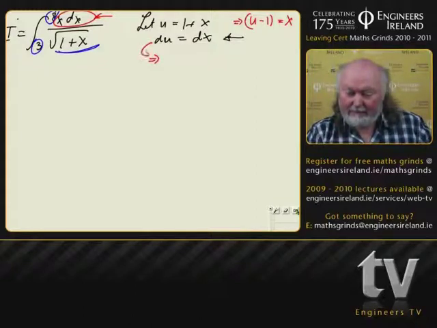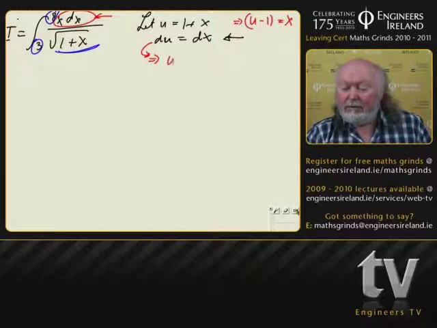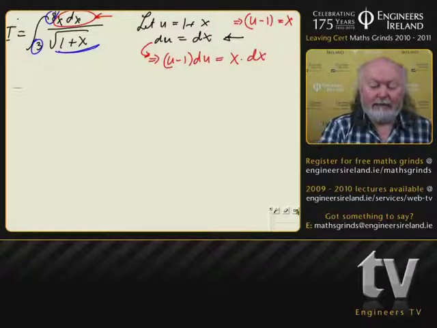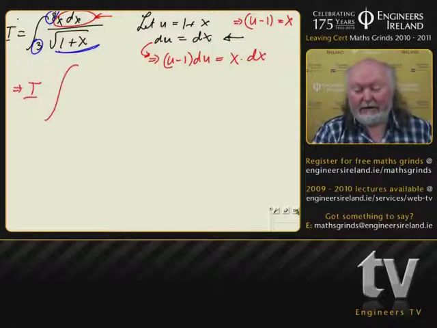So now I can say that implies from this line here, if du is equal to dx, I can say u minus 1 du is equal to, and u minus 1 we know is x dx. That implies the integral. We'll go and we'll look at the limits in a sec. U minus 1 dx all over